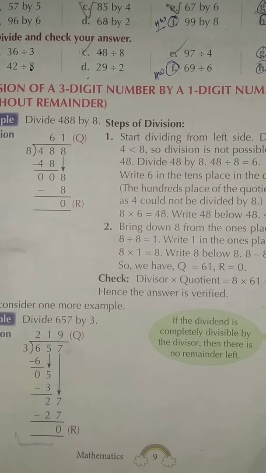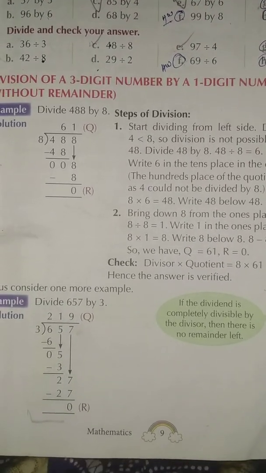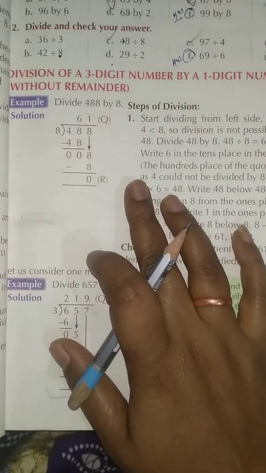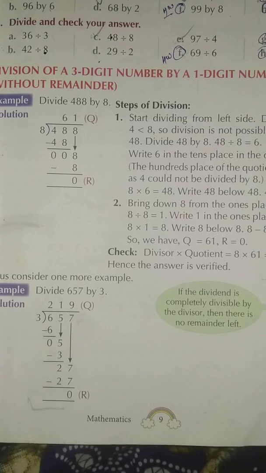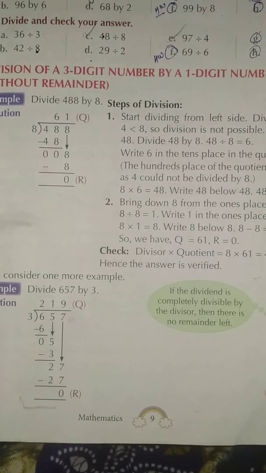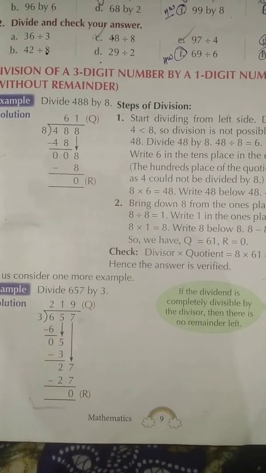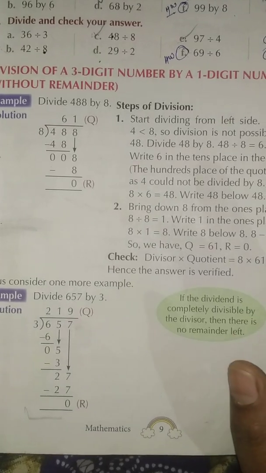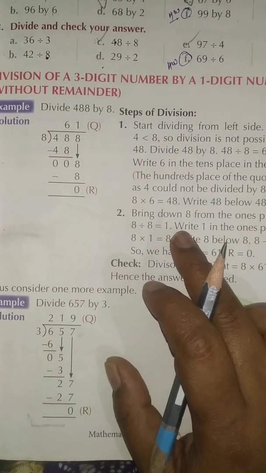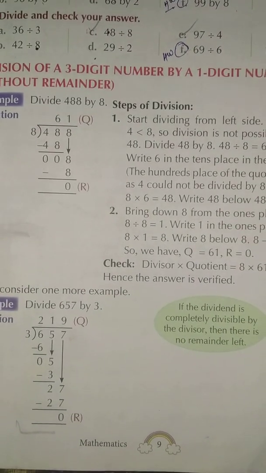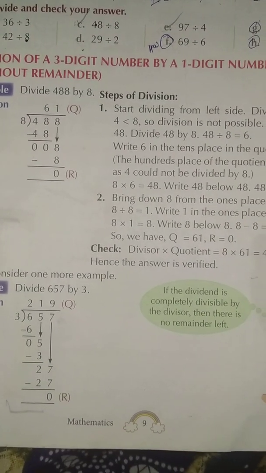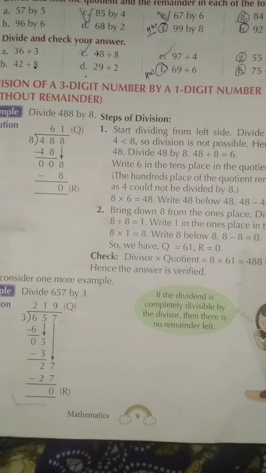We will just learn how to do the division of a 3-digit number, and one I will show you of a 4-digit number, okay? Here, as all the processes are the same, I am going to show you two examples. One example of a 3-digit number without remainder and one example of a 4-digit number with remainder. Okay students? Clear? So here you can see the first question.